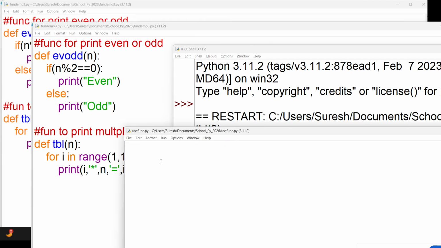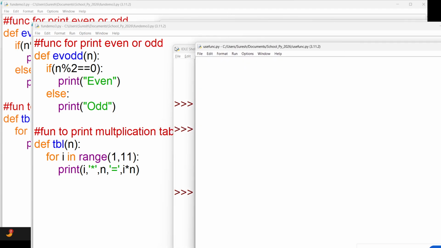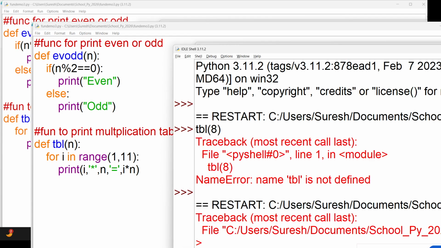Okay, so the concept is simple. Basically, if you try to call the other function from the other files, it is not directly accessible. So like this, we have a file where we have functions even odd and the tbls. And if we try to call this function directly here, it will give us an error that is undefined module TBL.